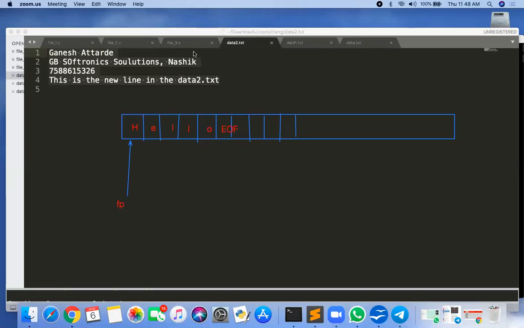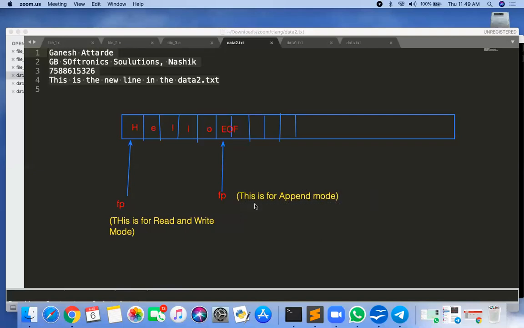This is for read and write mode, and this is FP, and now this is for append mode. Yes, you're getting it?